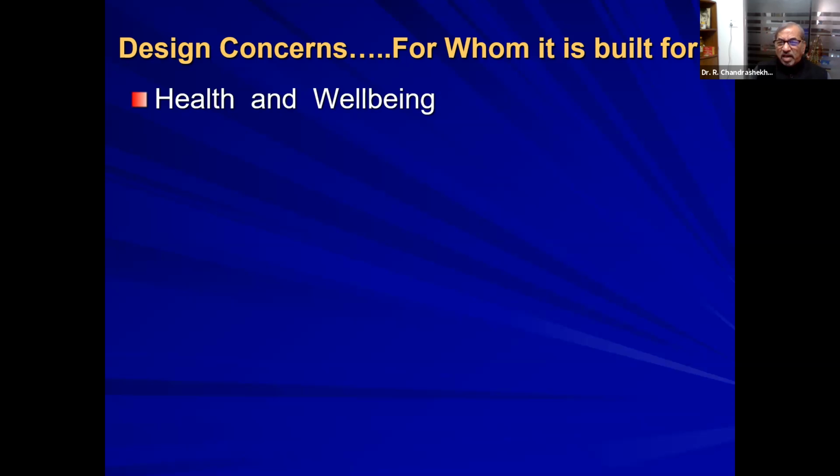Wherever these habitats are made, do you take care of their health and well-being? If you give a healthy environment, the cheerfulness will be more appreciated. And that is where the importance comes in. Now,